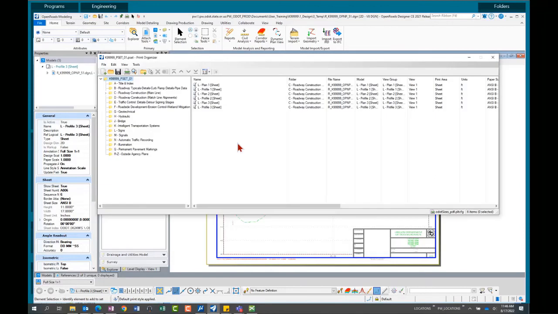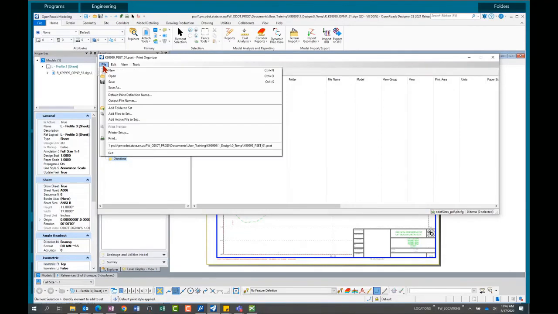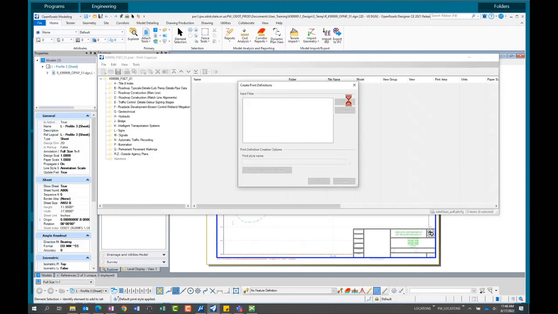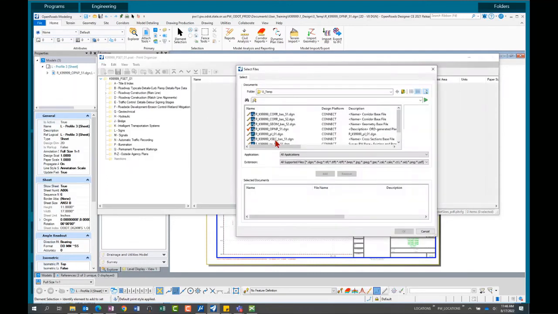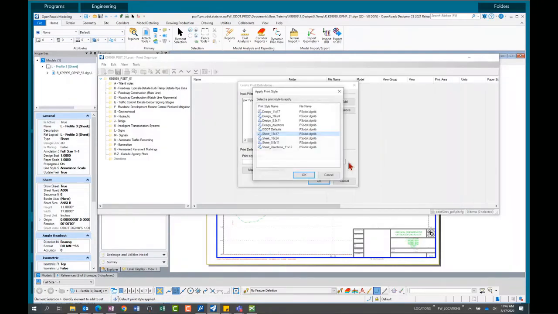Now, what if we wanted to add those cross sections? I don't have a folder for the cross sections, but that doesn't mean I can't make one. I'm going to add a folder to the set. Let's right click. I'm just going to call it cross sections, and it's active. If I choose to add files to the set and I add that cross section file, it's cross section base 51, and choose a print style, I would this time choose the cross-section print style because this will apply a